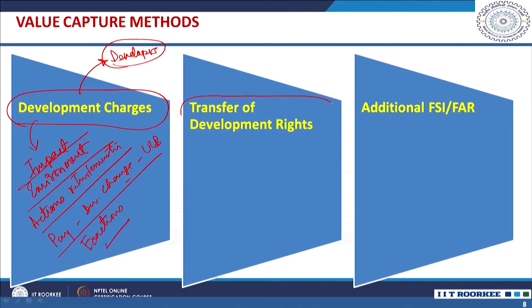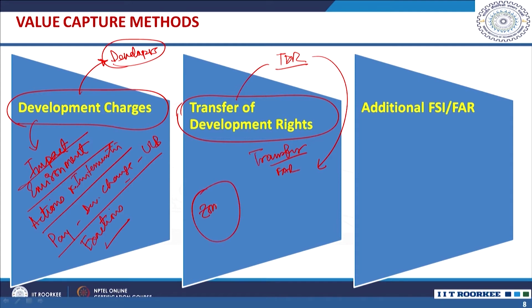Next, the public authority can also charge some fees and they can play with FAR; I will try to explain how they can take additional revenue or charges because of the FAR. You might have heard about the term transfer of development right. The provision of transfer of development right, in short TDR, basically enables you to transfer your FAR from one zone of the city to another zone within some terms and conditions and some restrictions.